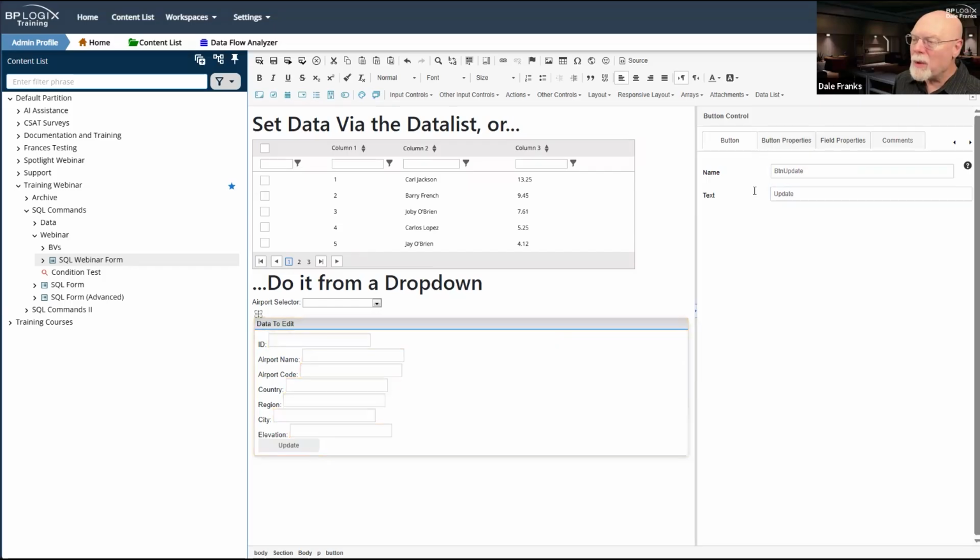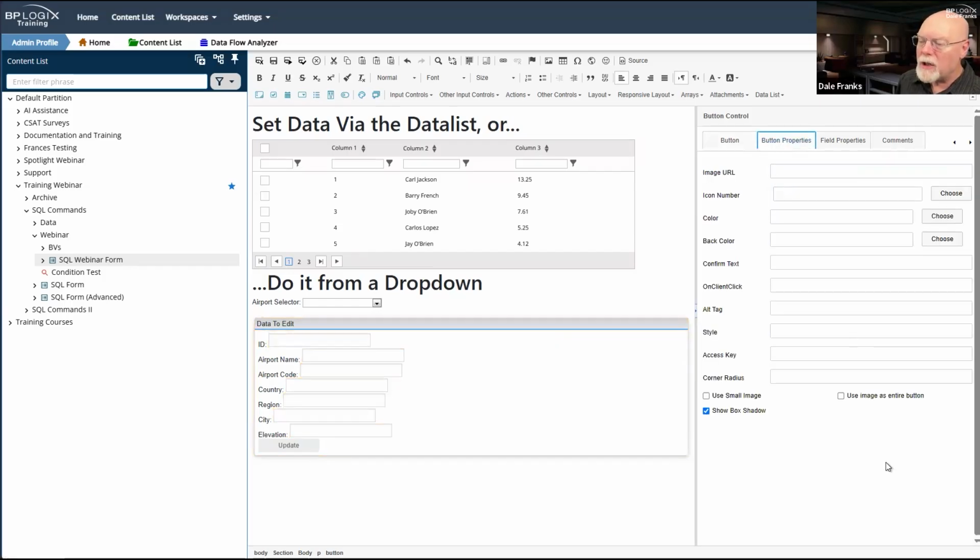There have, by the way, been some new additions to the button properties in Process Director, and it's important that you know what some of these are. Obviously, we have our color and our back color, but we've also added the ability to throw in a corner radius so that you can get nice little rounded corners on your buttons instead of square buttons, to whatever degree that you would like.